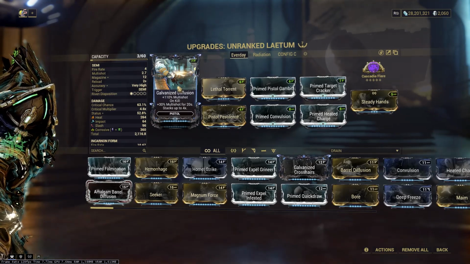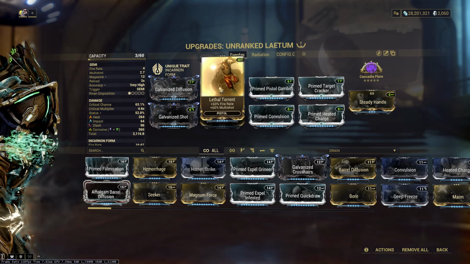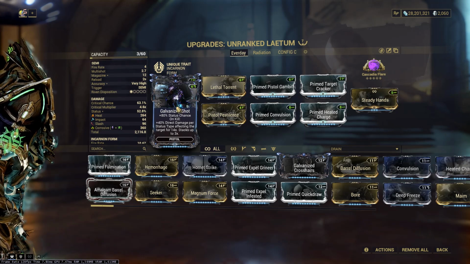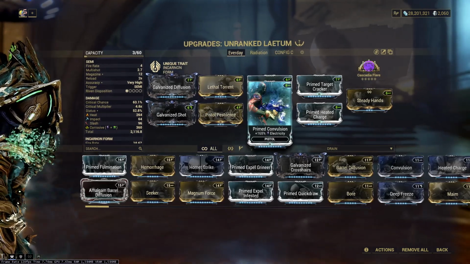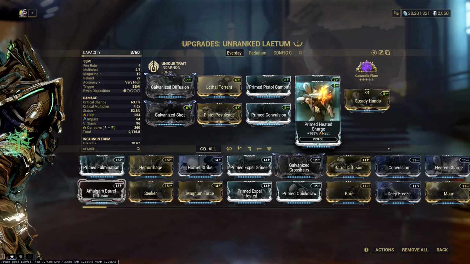Galvanized Diffusion for more multishot and on kill, even more multishot, Lethal Torrent for more fire rate and also more multishot, Prime Pistol Gambit for more crit chance, and Prime Target Cracker for more crit damage, Galvanized Shot for 80% more status chance, and on kill 40% direct damage per status type affecting the target, up to 3 stacks, Pistol Pestilence and Prime Convulsion to make corrosive, and also for the 60% status chance,